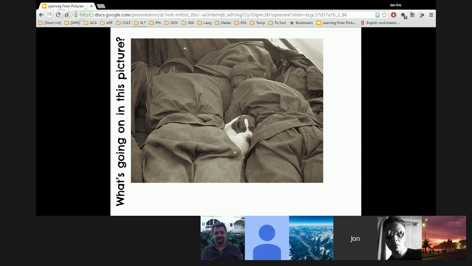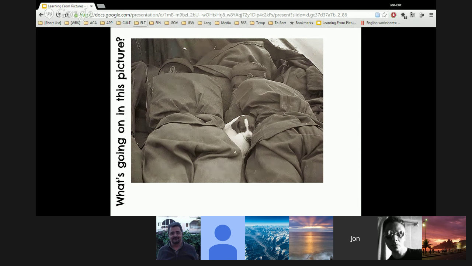The soldiers may have had a hard night, and in this picture they are taking a nap because of their tiredness, and they are resting, and the idea I told you. What about the dog? What's the story with the dog?